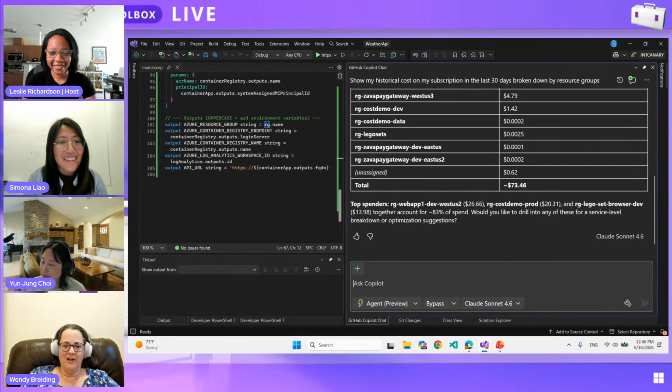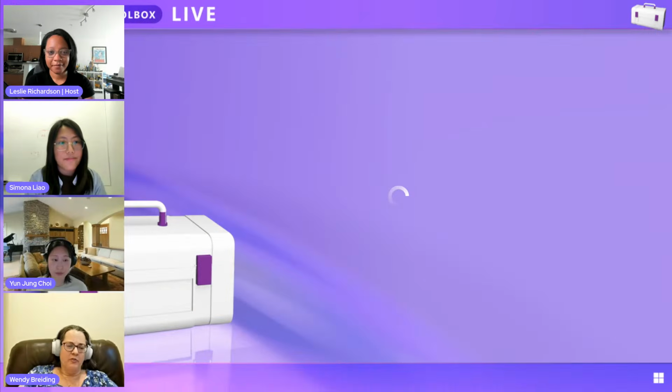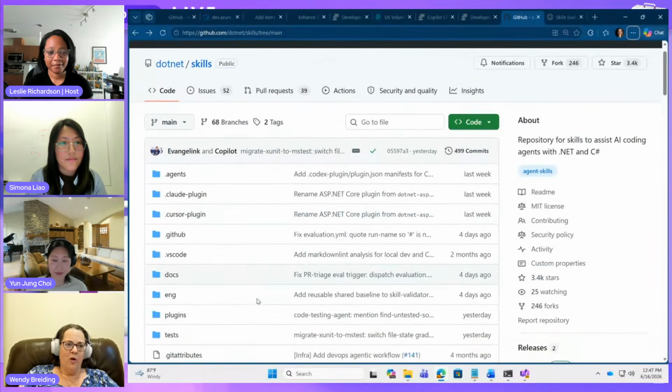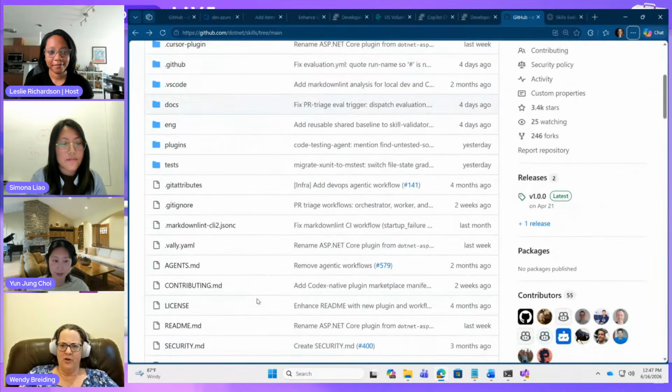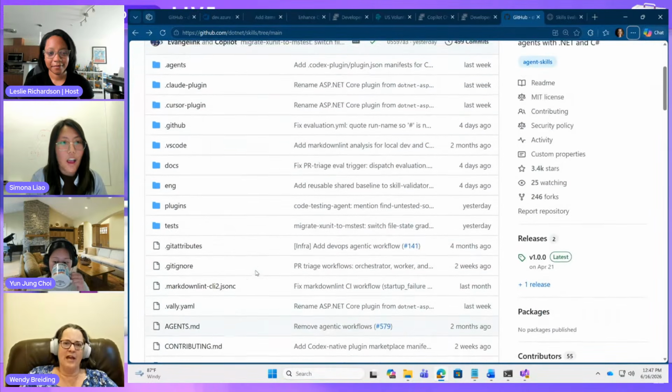Azure skills are incredible. In order to be able to use those Azure skills, we need to have some great .NET code to deploy out there, right? So the .NET team has spent a lot of time putting together this great resource called the .NET Skills Repo, which provides you with a whole lot of, I think we're up to over 90 skills to help you in various